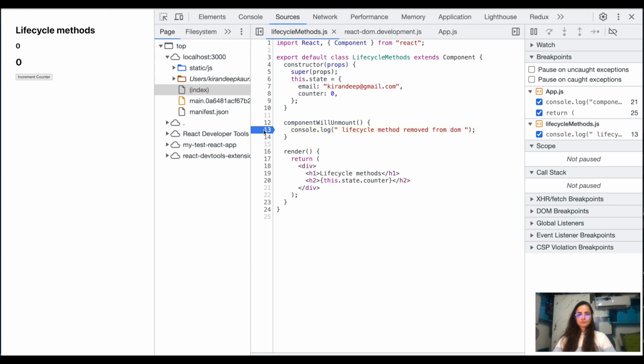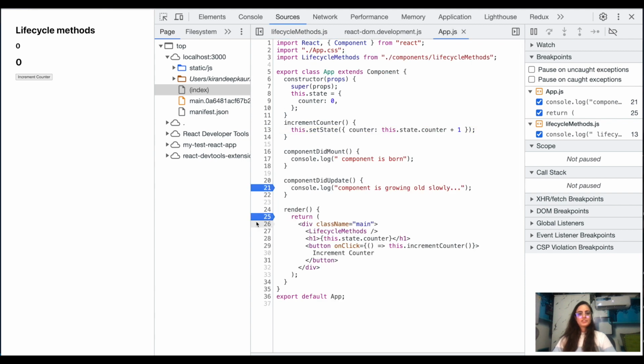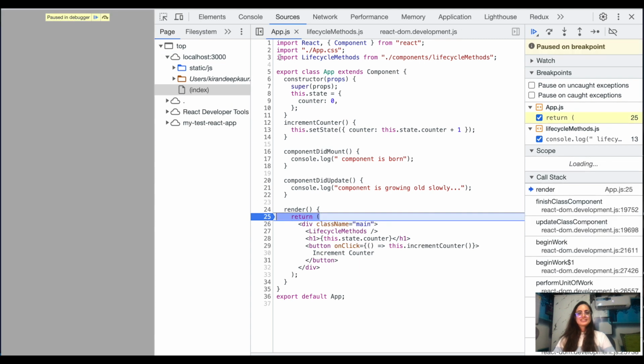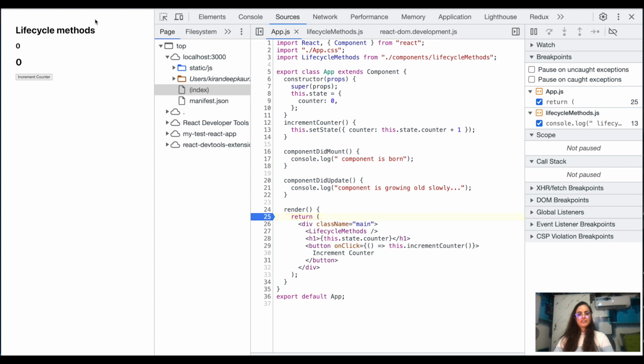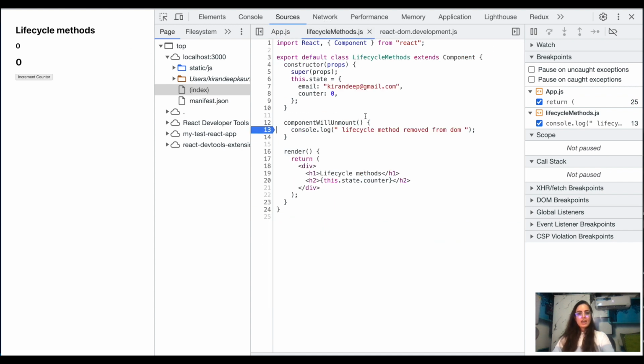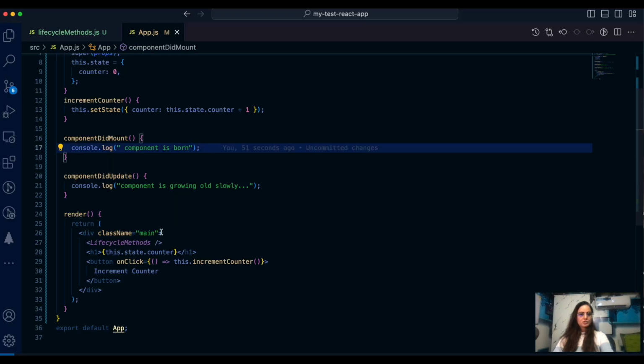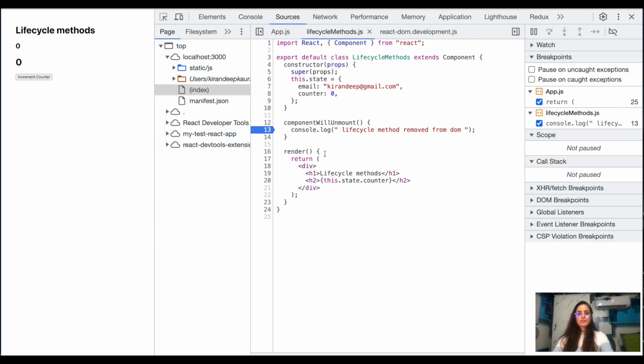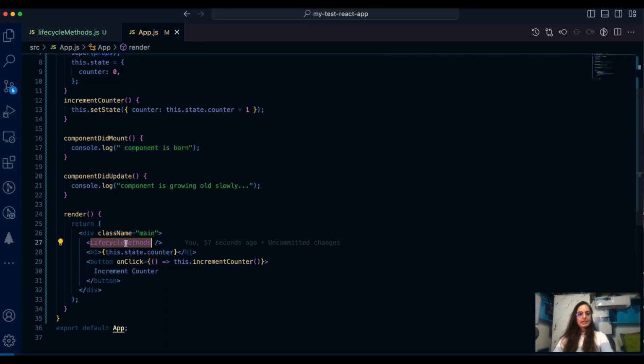So let's just add a breakpoint here. That's fine. So this is app.js, and it is rendering its content, and we're cool. Now I want to unmount it and just remove it, right? I don't want to use lifecycle methods anymore. So if I go ahead and remove it